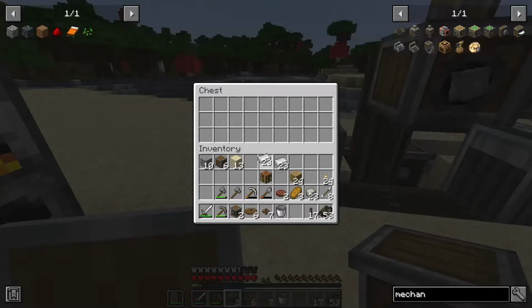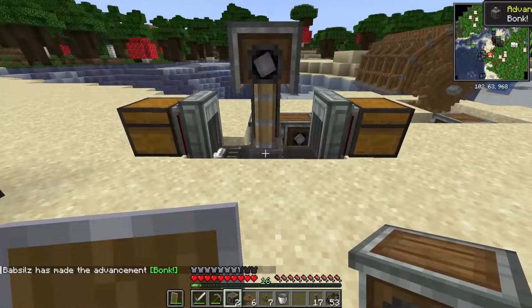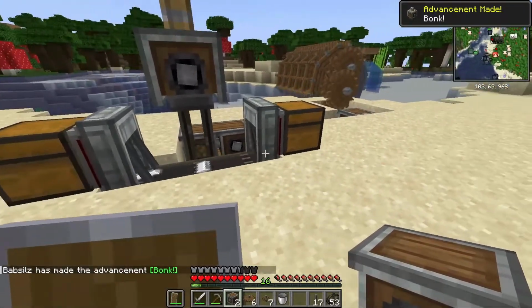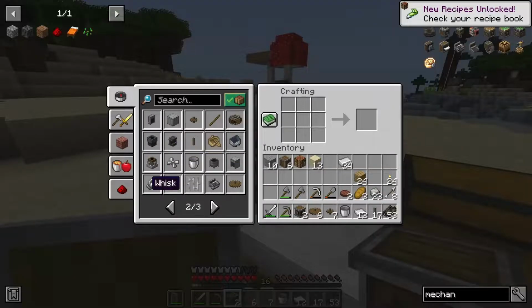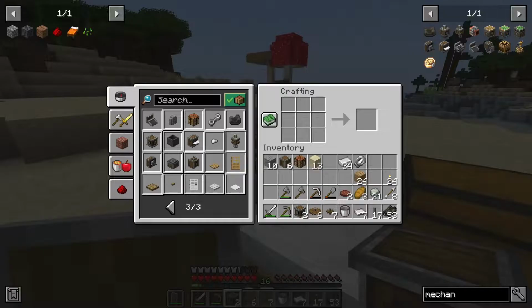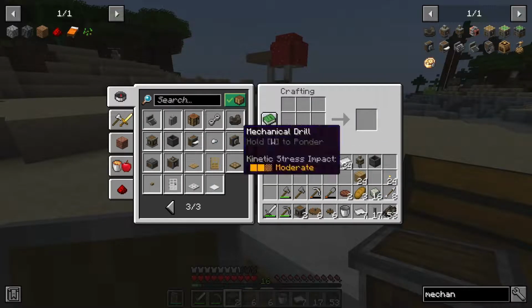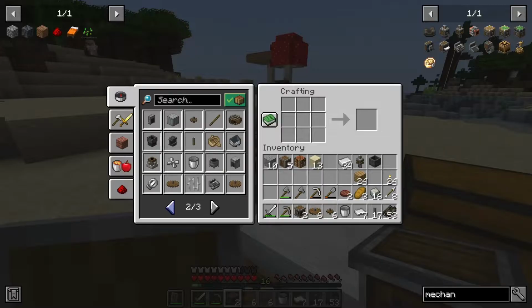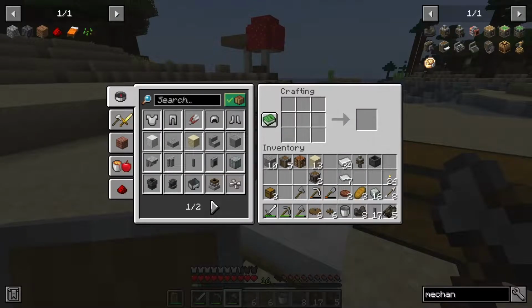I put some iron ingots in the input chest. The iron ingots will wait until they get pressed by the mechanical press, and then you get some iron sheets. With the iron sheets we can make our next starter contraption, which is a mechanical mixer. The use of the mechanical mixer is that you can double the amount of andesite alloy you get. Anyway,